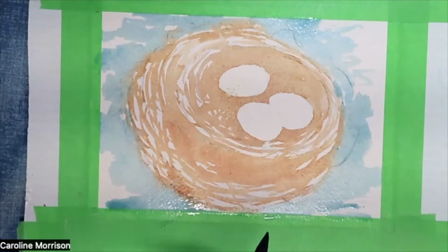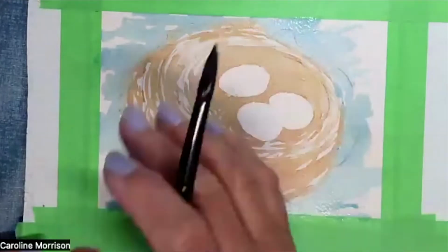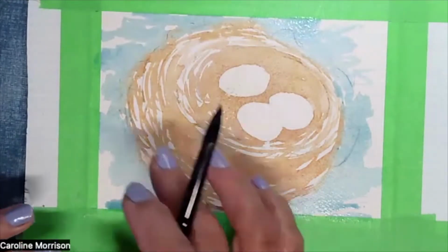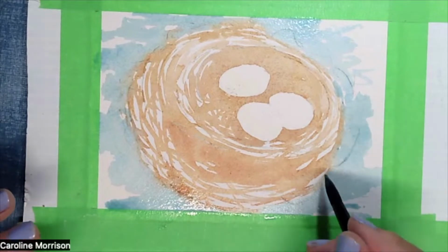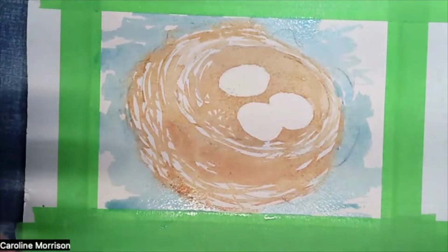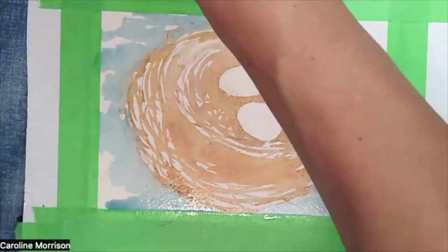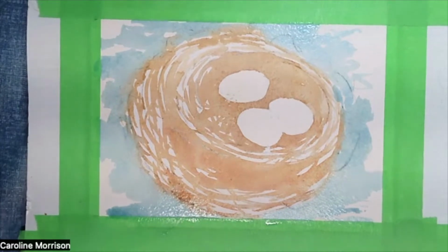Just having my brush stroke come out a little bit like that is going to give more of a base for the shadow. And the thing is, when you're finished with all of the nest and the eggs and the strands, you don't even notice this blue in the background. You don't notice it's there, but it's important for the complementary colors and to pick the eggs out when we're done. So at this point, I'm just going to pause the video while you catch up,